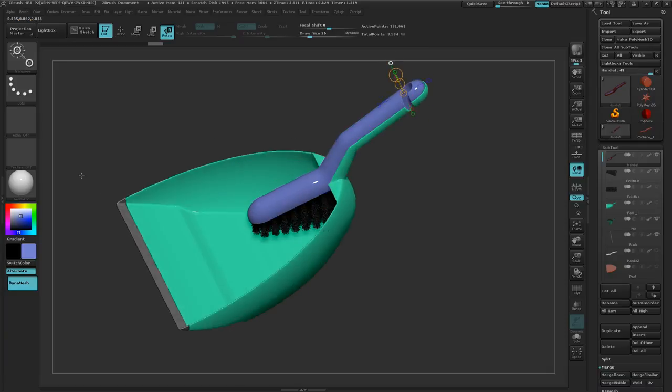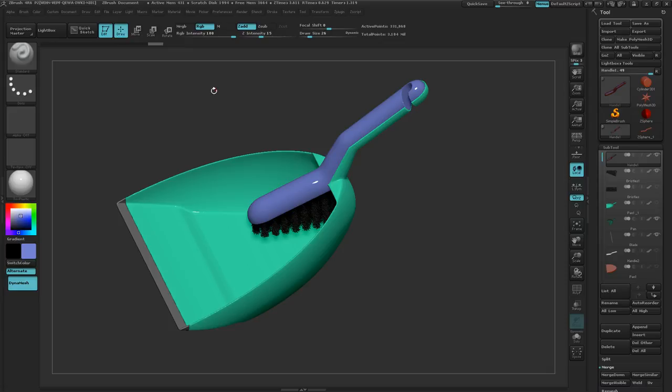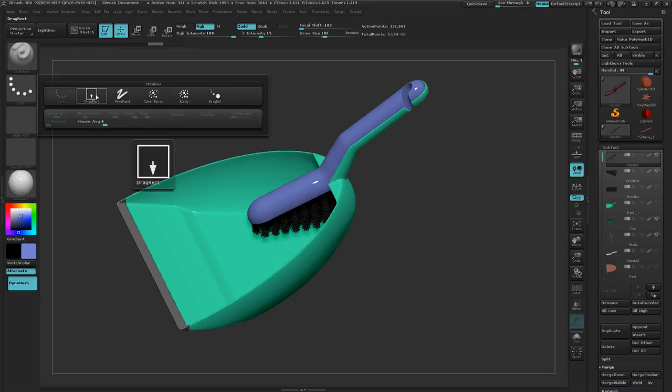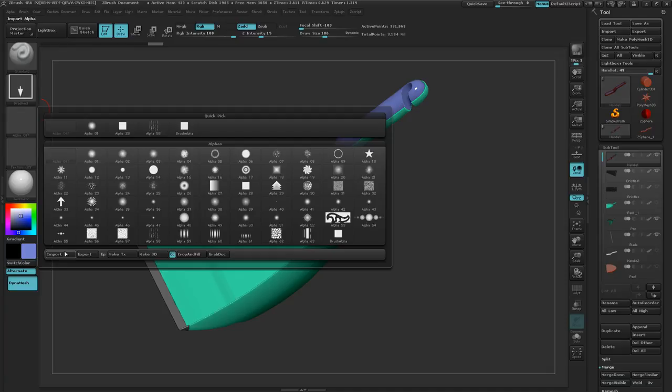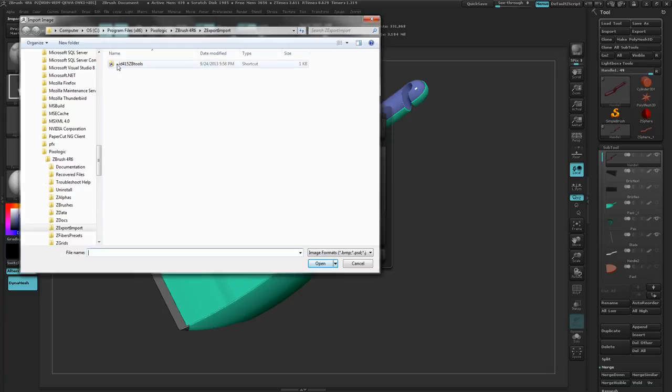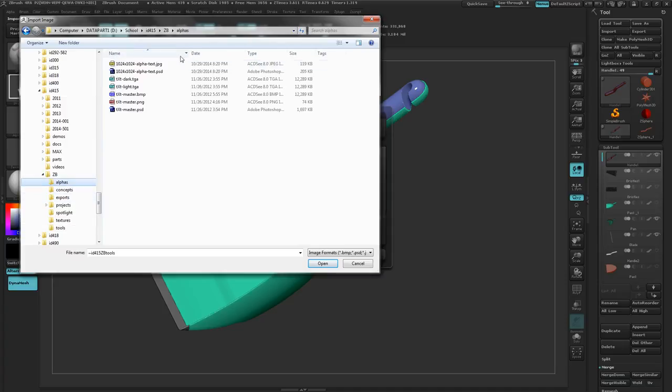Now back here in ZBrush, I want to get my standard brush. So let's get that, and I want to take its focal shift all the way down. Let's make its size a little bigger, and its size isn't going to matter. I'm just going to bring it up so I can see the icon, and I want to change its stroke type to a drag rectangle, and then I want to come down to my alpha here, and go import. I want to browse to where I keep these things. Let's see, I think I keep them in alphas. Yeah, and there's that alpha text